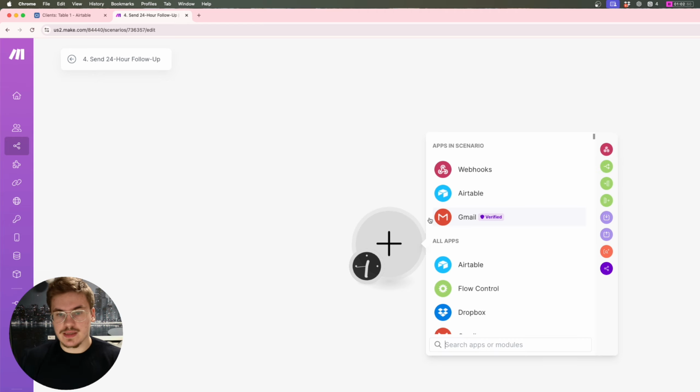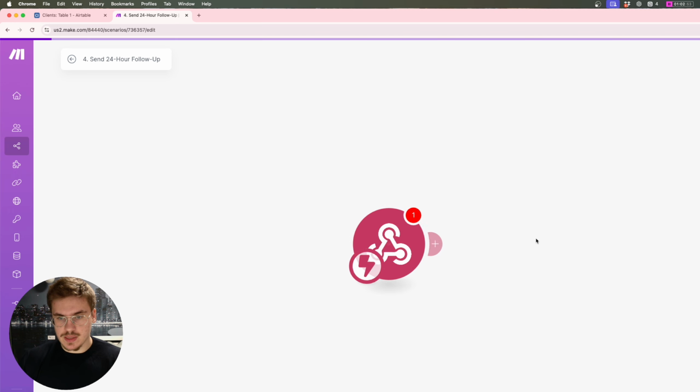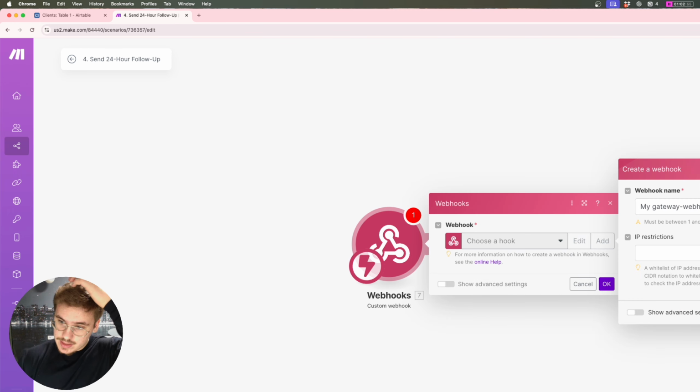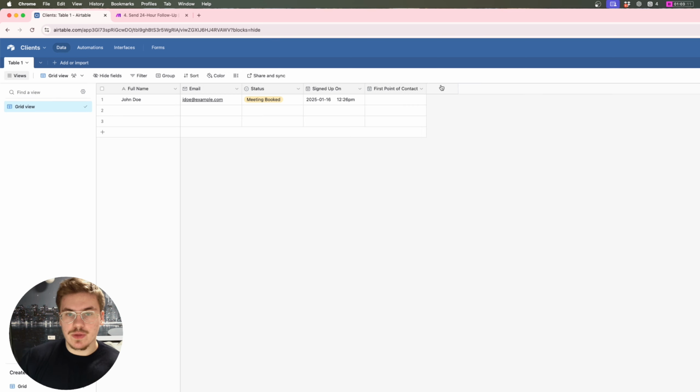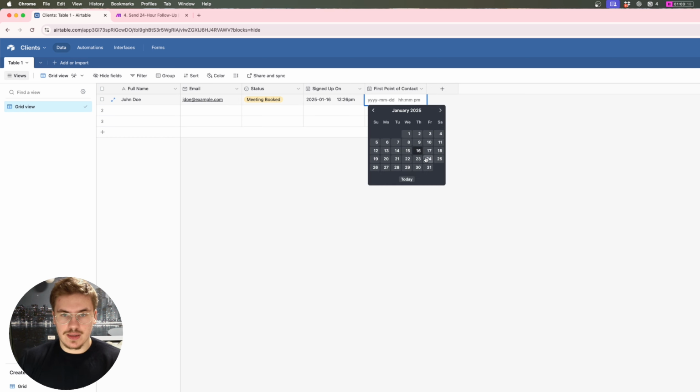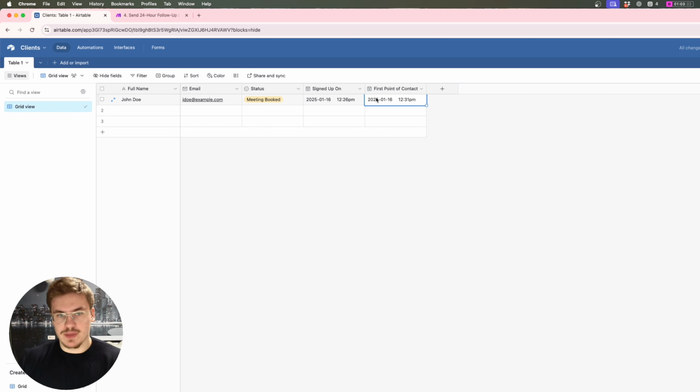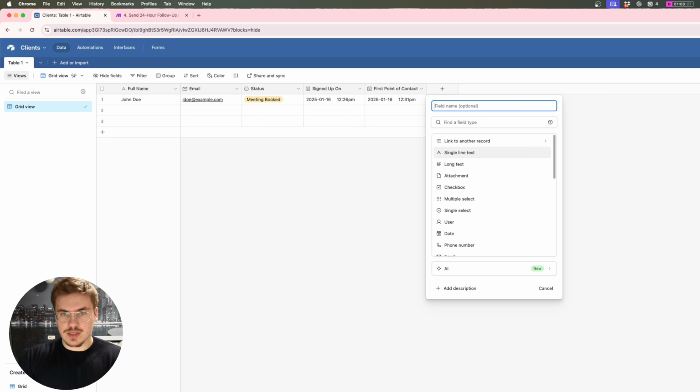So let's add a webhook. Again, custom webhook, click add, click save, and copy the address to clipboard. And now on Airtable, we need to calculate the amount of hours that has passed since the first point of contact. Let's just say that the first point of contact was like immediate, like 5 minutes after we signed up. And we just need to add hours since